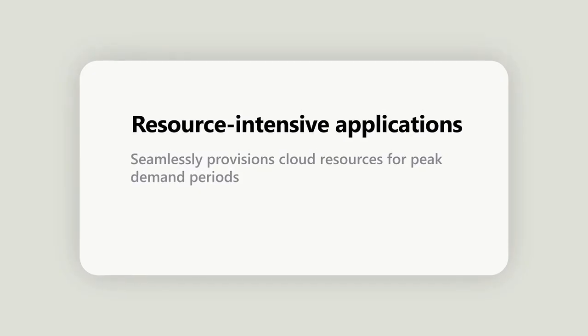Cloud automation helps organizations scale resources based on the usage patterns of internal applications or virtual machines. For instance, if a significant number of employees need to use a resource-intensive application like video editing software or virtual machines for data analysis during specific periods, automation can seamlessly provision additional cloud resources to handle the increased demand. Conversely, when usage drops, resources can be scaled back down to avoid unnecessary costs. This flexibility ensures that employees always have access to the computing power they need while optimizing resource utilization and costs